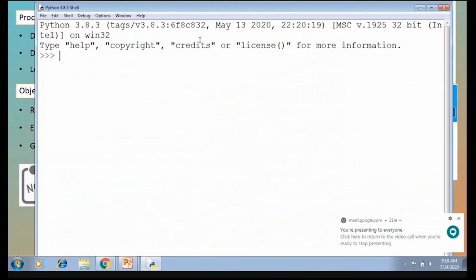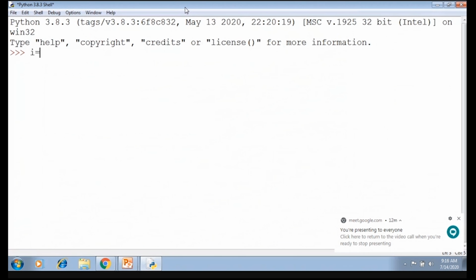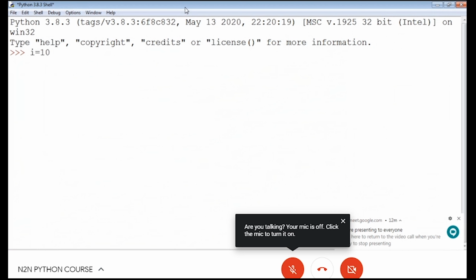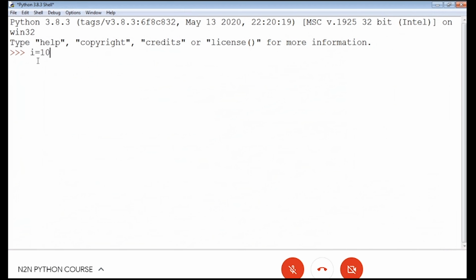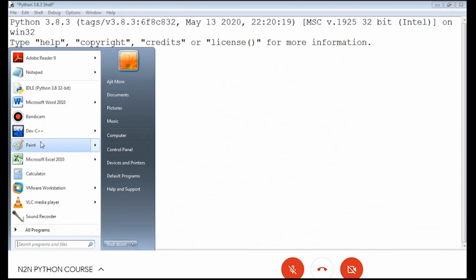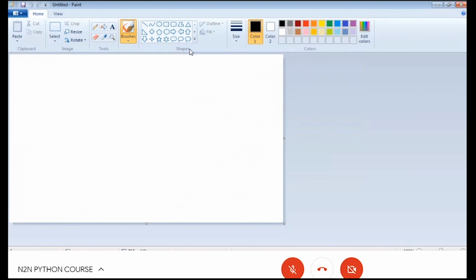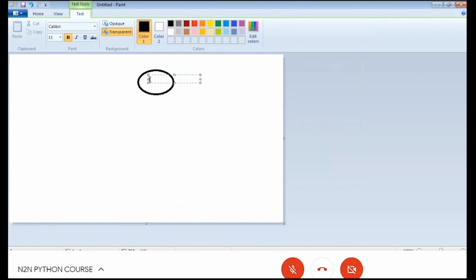Meaning, in short, if I have written i equal to 10, we feel as if 10 is assigned to i, but actually an object of class int is created, and in that the 10 is stored. In that object, the 10 is encapsulated, and the reference of that object is coming in i. You understanding what I'm saying? What happens is an object gets created of class integer. In that, what gets encapsulated?